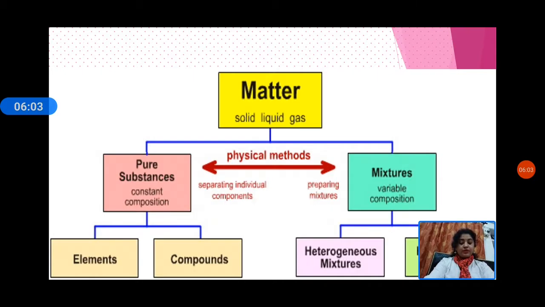Matter, what is matter? Matter is defined as anything which occupies space and has mass. For example, wood, book, water, air, petrol, plastics, iron, etc. and all are composed of matter. Few things like cement, glass, paper, plastics, etc. are matter but are called materials due to their specific uses.